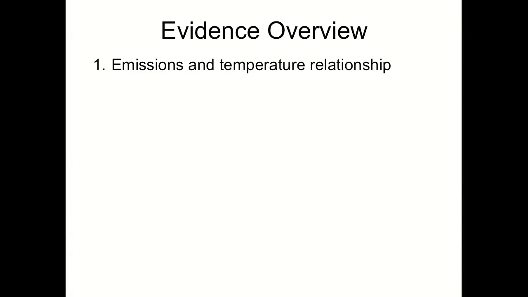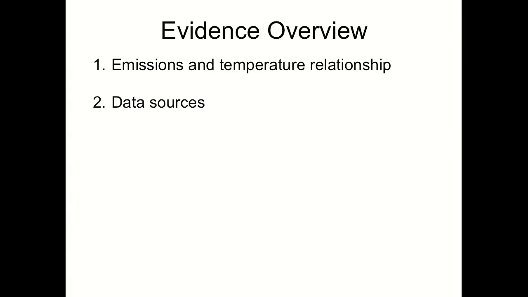So, when we talk about evidence, we have to look at a number of different aspects. Mainly people look at emissions, how much, and the rate of emission, and they need to look at the relationship to temperature. That's the basic physical relationship we want to look at. And we know from laboratory studies that the more carbon dioxide in a flask for the same amount of radiation going into that flask, the higher the temperature inside that flask. It's pretty basic, but of course the Earth's atmosphere is a little bit more complicated than a simple container.